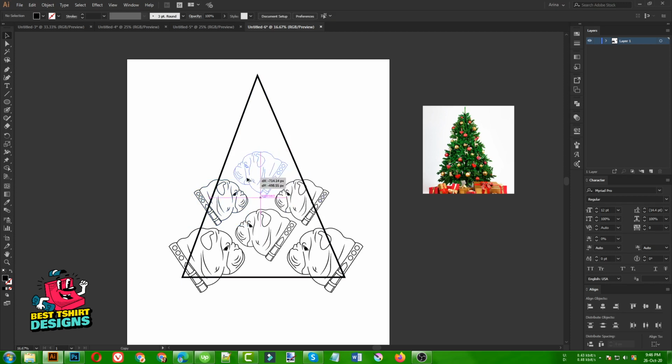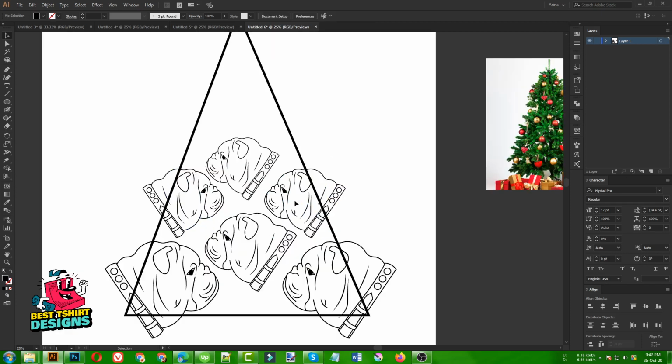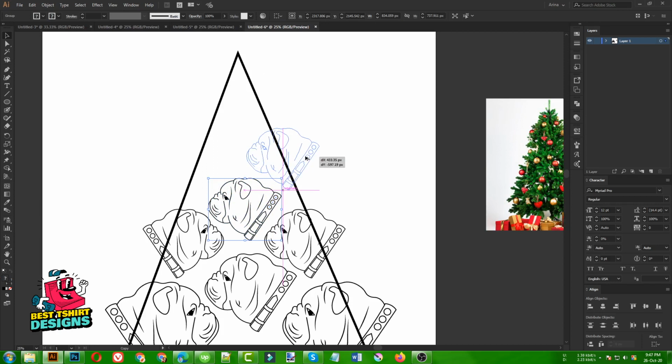Then I am going to make it here, then again make it a little smaller than these two designs. So first I need to align them center wise, that is good for me. Now I can place the design like this, then again select this one to make another copy, then again reflect it.